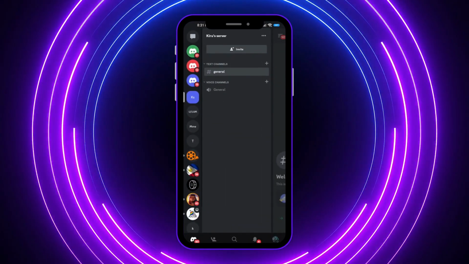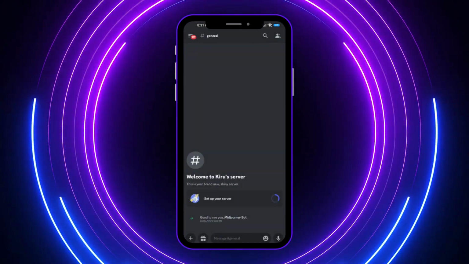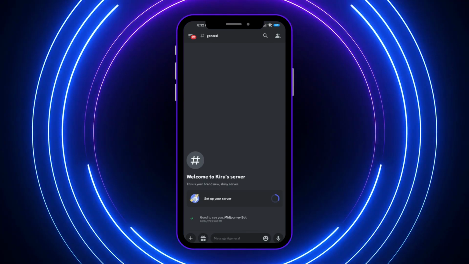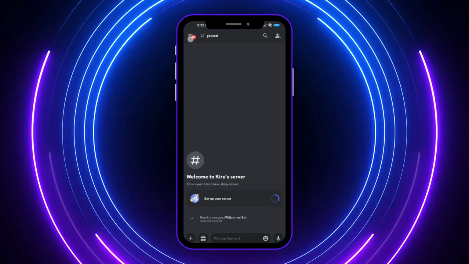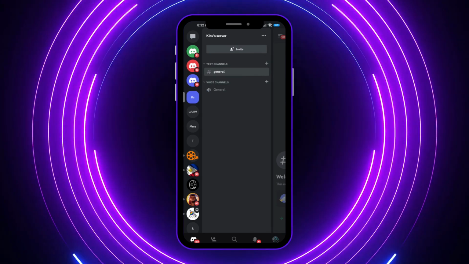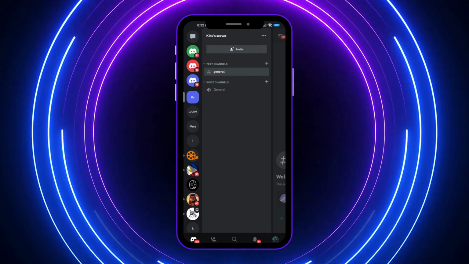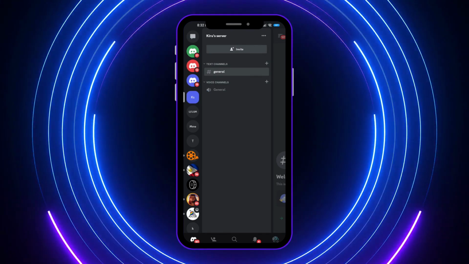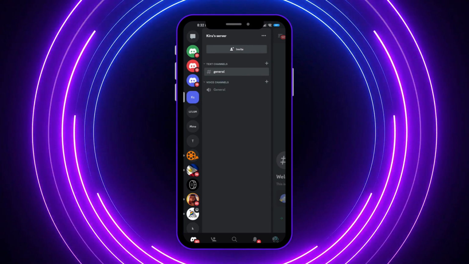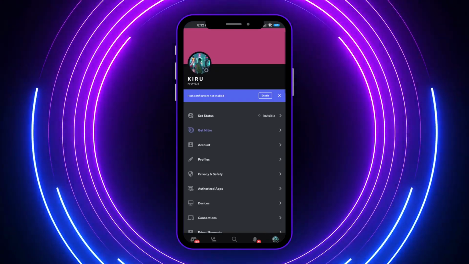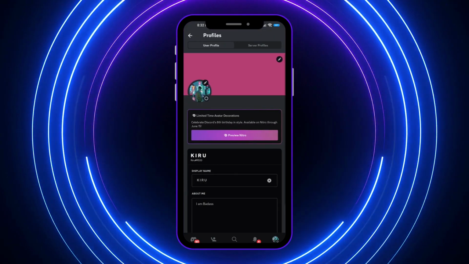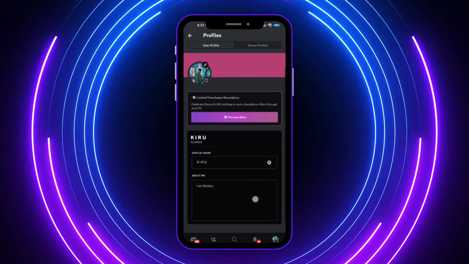Let's tap on our Discord app, and from here what you want to do is simply tap on the three horizontal bars on the top left of your screen, and after that you will be prompted right here. The next thing that you want to do is tap on your profile picture icon right here on the bottom right of your screen, and from here you want to tap on profiles, and here you can see the display name